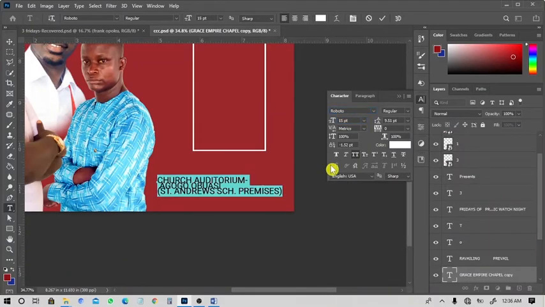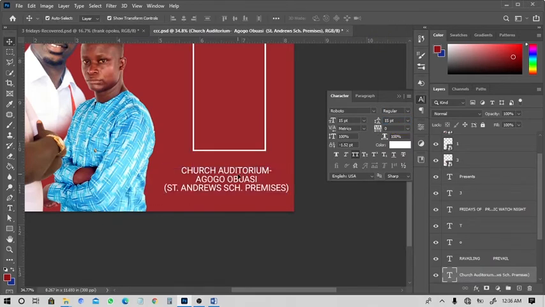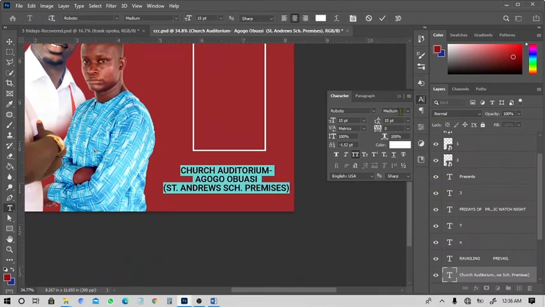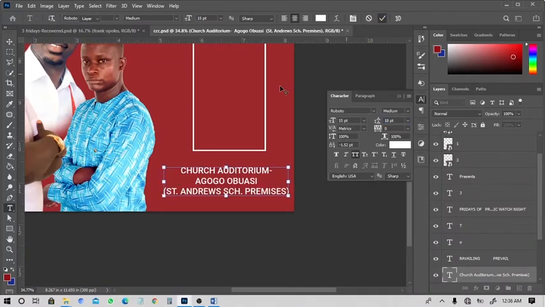Reduce the size and increase the spacing, and I'll center this, position it as I want it, and I can change from regular to maybe medium and increase the spacing a bit. Alright, so this looks fine.